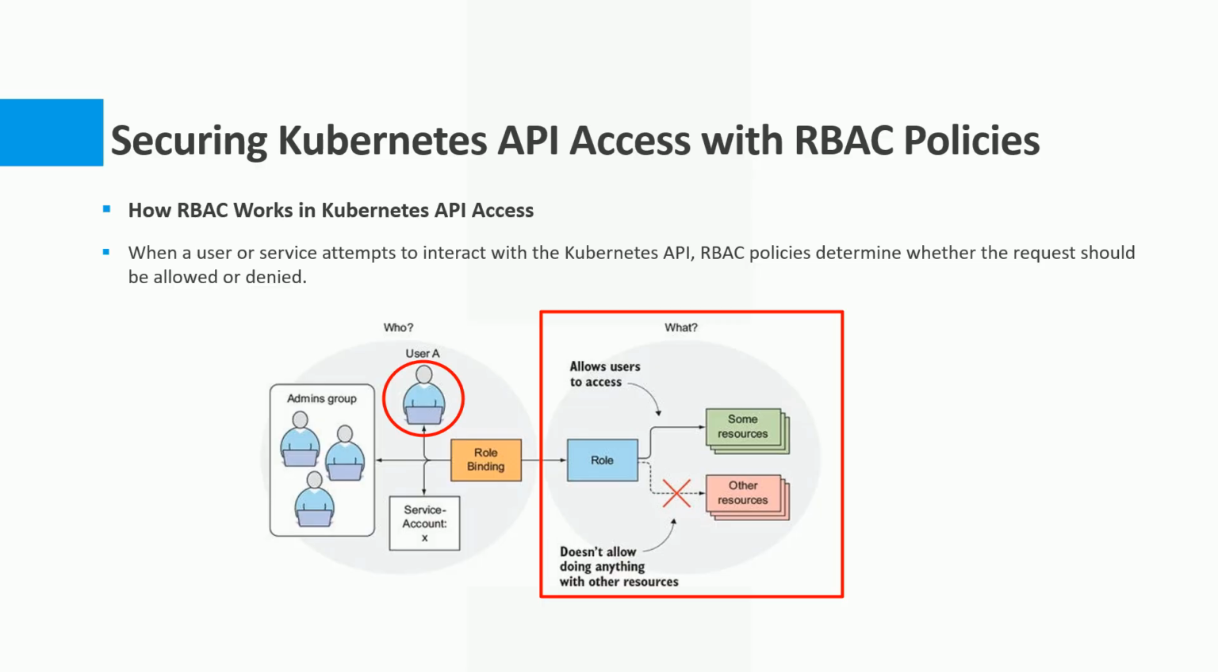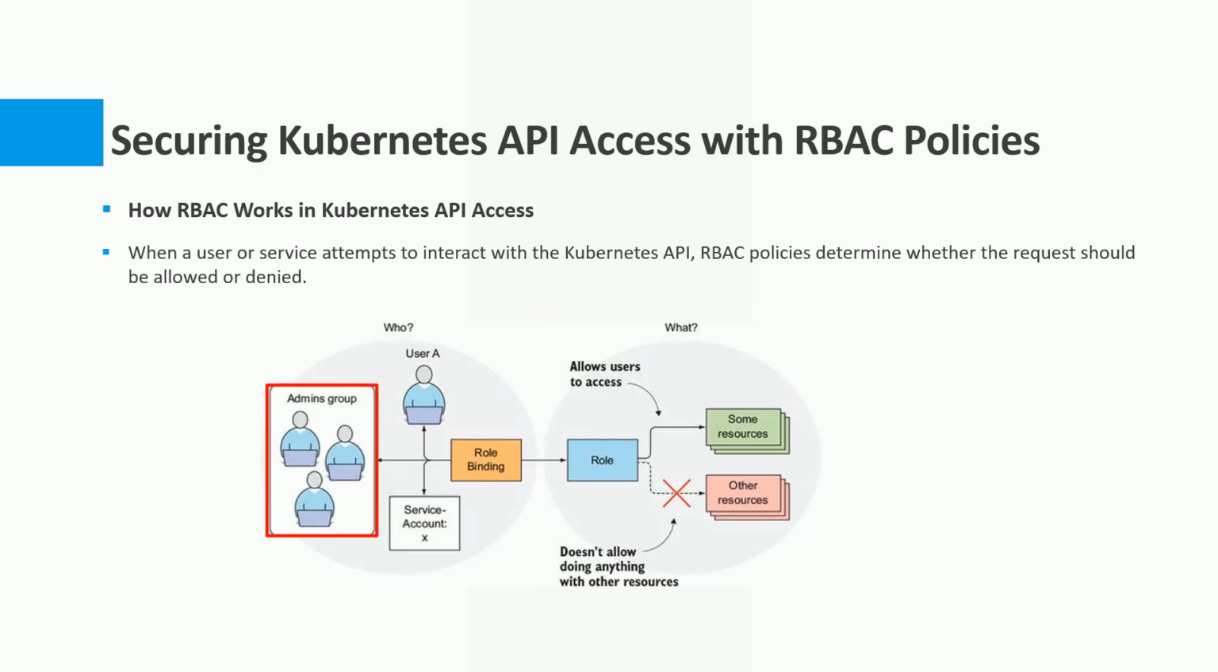Kubernetes doesn't manage user accounts directly. This is what you have to keep in mind. You cannot create a user account inside your cluster. There is no such command. Instead, it relies on external identity providers like Active Directory, AWS IAM, etc. to authenticate users. Now the next is groups, like the admin group, which consists of multiple users who need access to perform administrative tasks. So instead of assigning permissions to each user individually, Kubernetes allows roles to be assigned to